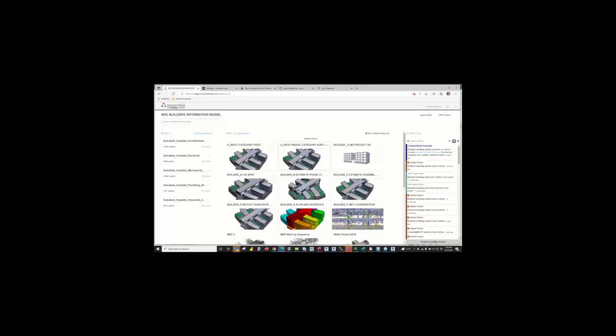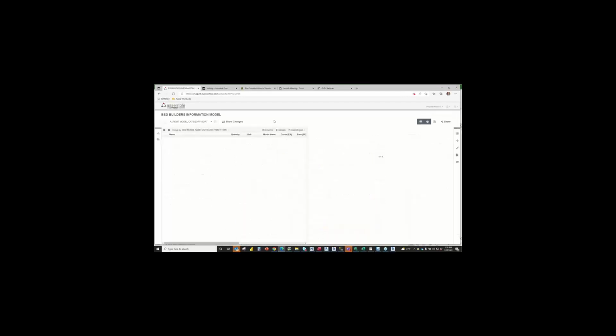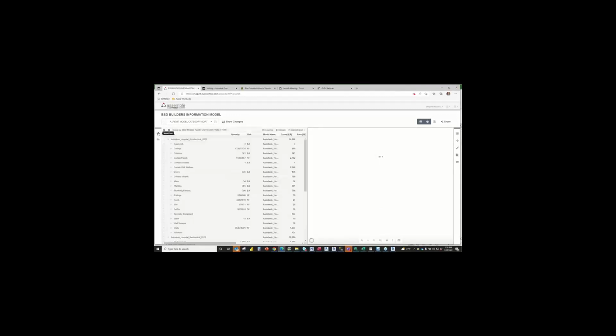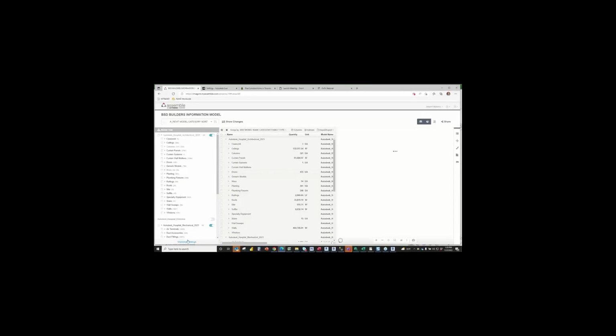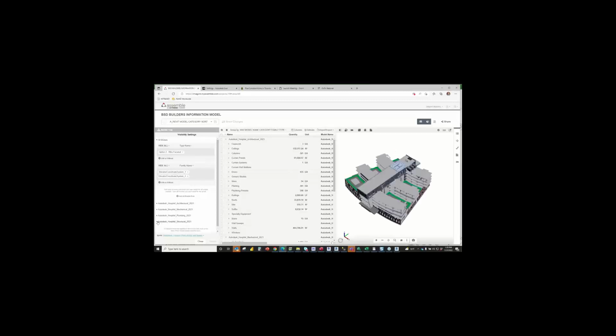So let me go to this category sort here, and I didn't do a very good job of working with the visibility rules here. Let me go to structure. And maybe what I should do is close here and only show